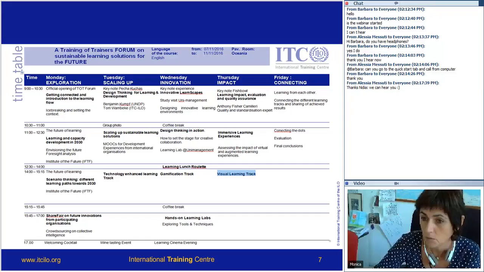On the first day, we are very happy to announce that before we dive into specific thematic sessions, we will have the Institute of the Future with us. This is a future agency specialized in foresight analysis based in San Francisco, and they will send some of their foresight analysis experts to us. What they would like to do is basically have a systematic look into the future of learning, that you will see as learning and capacity development in 2030, and 2030 is not chosen by accident, as there's another